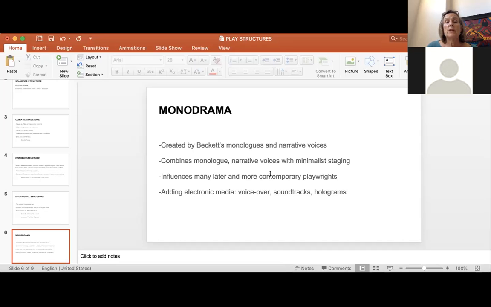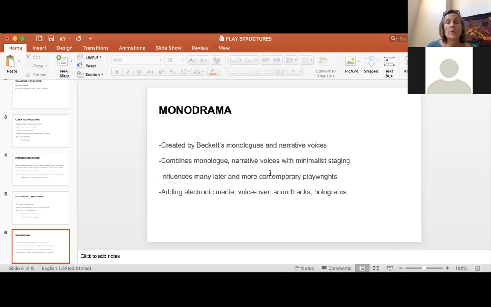So in the case of Waiting for Godot, it is really one tree. There needs to be nothing else. And sometimes if it's set in a very contemporary styling, I've seen it done with one street sign, so that they're not even at a crossroads, it's just a street sign. And this idea of monodrama, narrative voice, and minimal staging influences many later and more contemporary playwrights now. And you'll see that when we talk about Philip Glass and Robert Wilson and